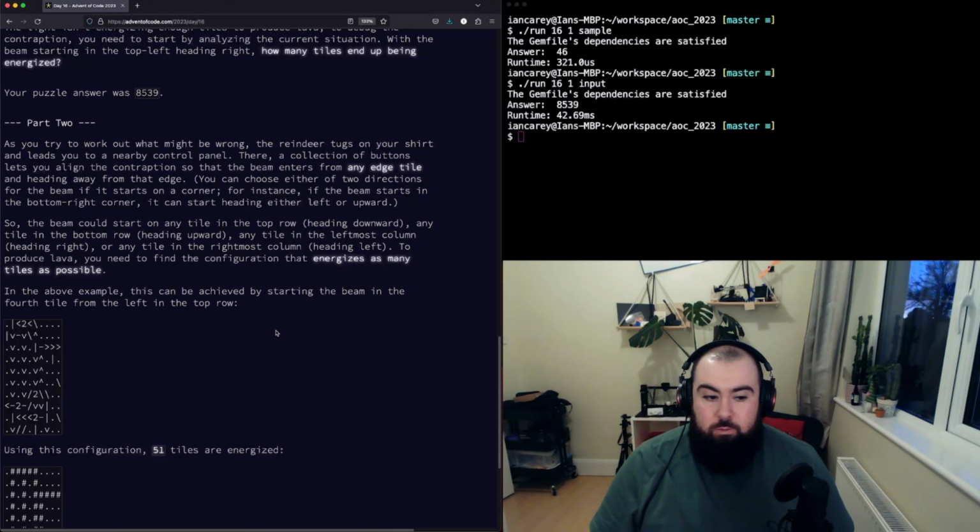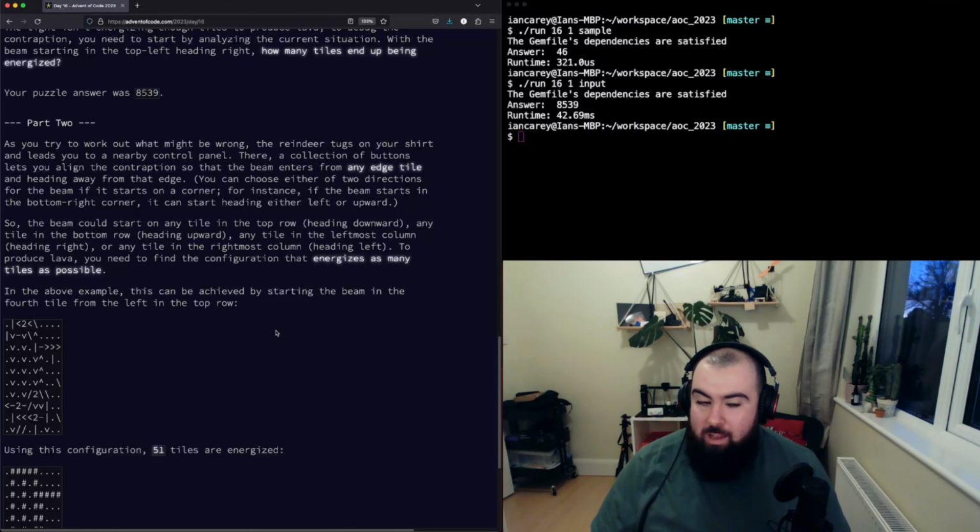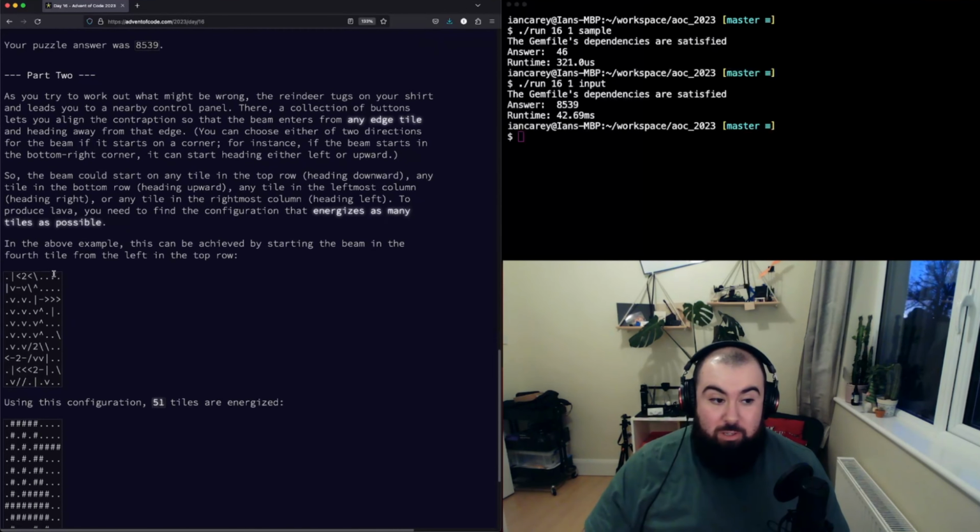So, it's the exact same problem that they've asked you to do. What they've asked is, what's the biggest amount of energized tiles I can get if I test every one of those paths? They've not really changed the problem at all. If you ended up with a relatively efficient solution, like I did here, then they've not really made up the ante for the second part, because they've actually given us quite a limited set to do. And the reason for that is because there's just not many